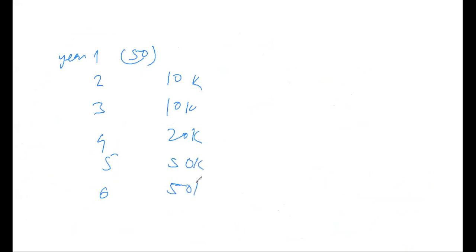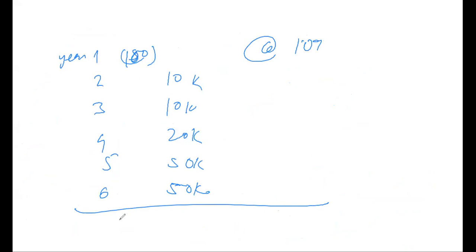Year 1, 2, 3, 4, 5, 6. You invested, say, 50K negative, and then you started to earn 10K, 20K, 50K, 50K. Cost of capital is 10%. So what is the expected number? Let's make it a little bigger. What is the expected number? If you take the present value at the rate of 10%,